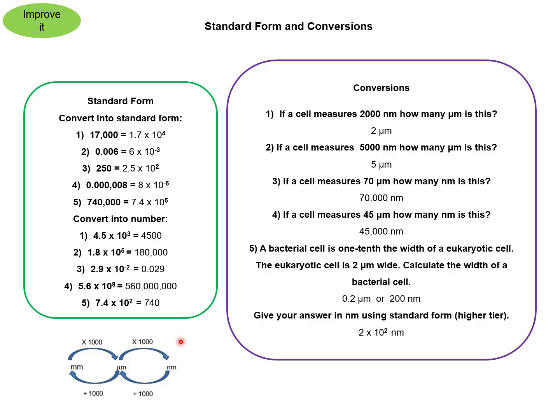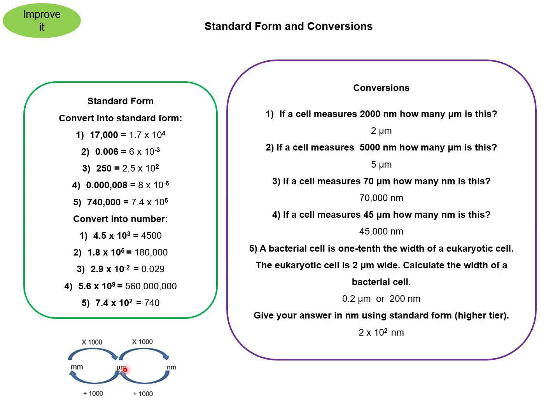Number 5, a bacterial cell is 1/10 the width of a eukaryotic cell. The eukaryotic cell is 2 micrometers wide. Calculate the width of the bacterial cell. So first of all, you've got to divide the eukaryotic cell by 10, which is 0.2. And so that's the width, but in